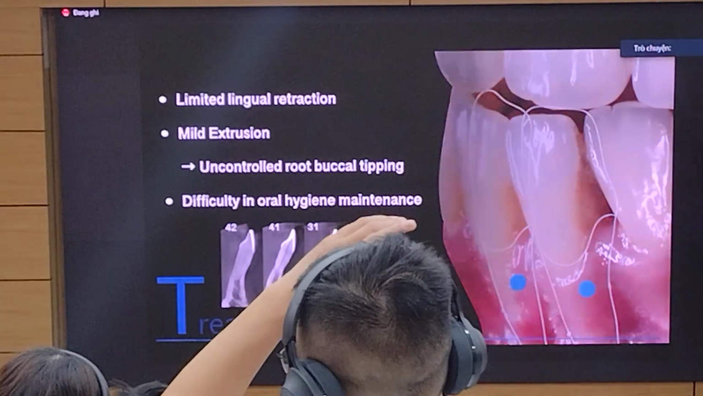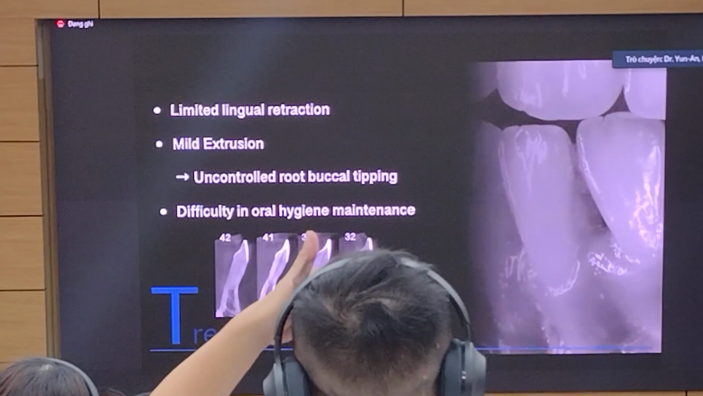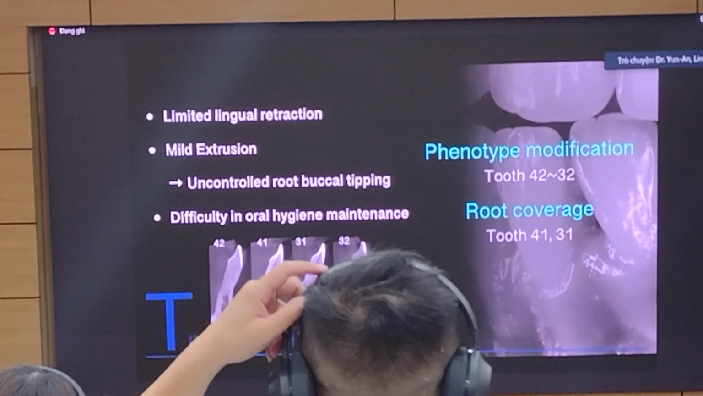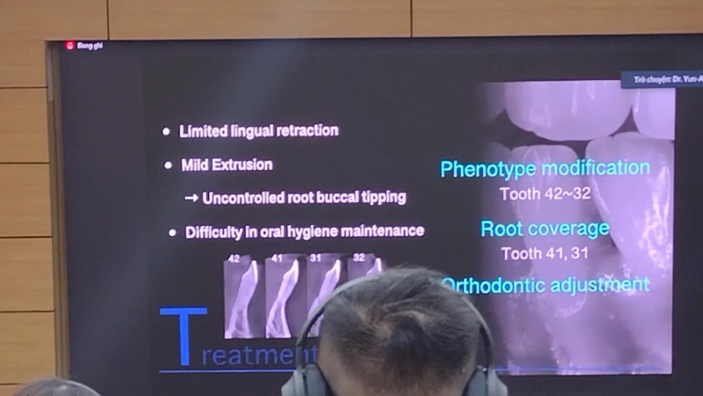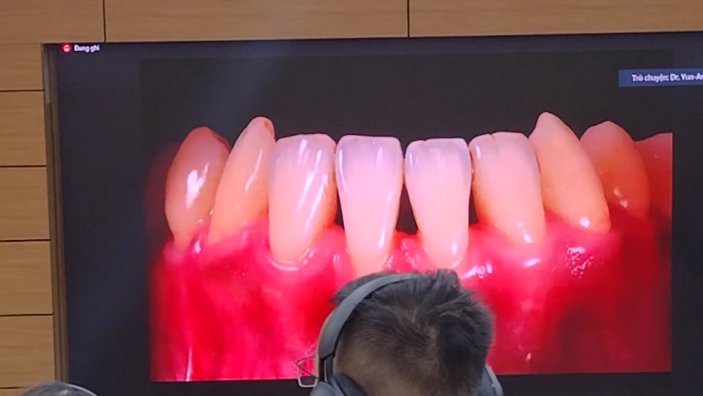This can cause a condition in the oral cavity. As a result, the treatment plans were phenotype modification and root coverage. First, we will perform orthodontic adjustment. With regard to surgical planning,